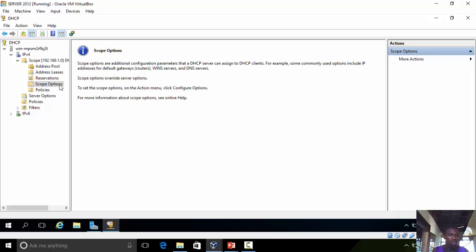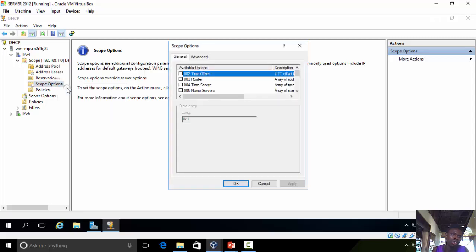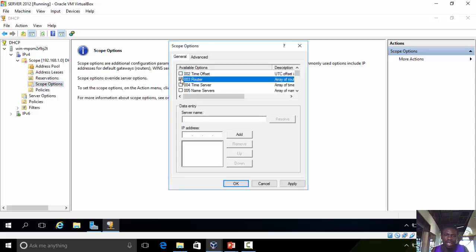Okay, so let's configure a scope option. This is our router's information, the default gateway IP address, 192.168.1.1. So this is our router IP address. So DHCP, if you are leasing out IP addresses to clients, add this router IP address to them, so that they will know this is our default gateway. Okay, and we can add our DNS server